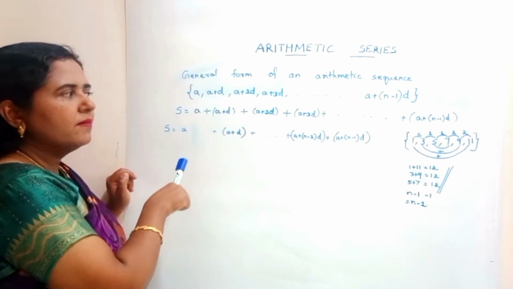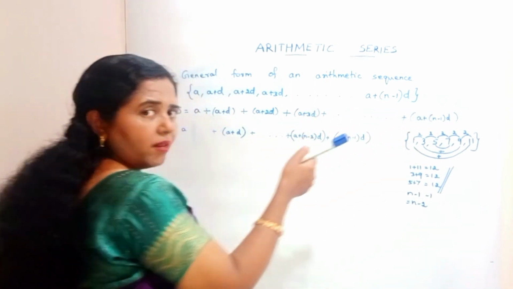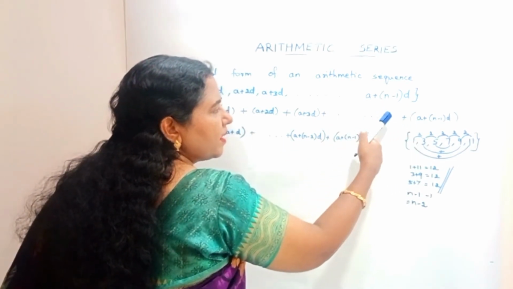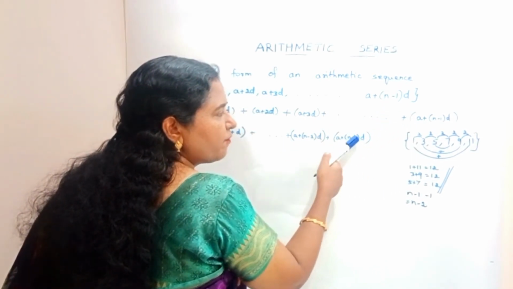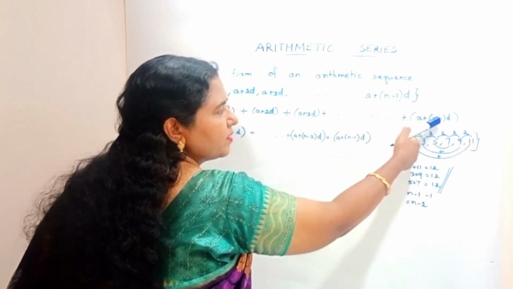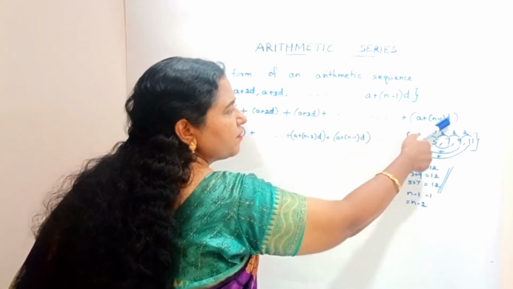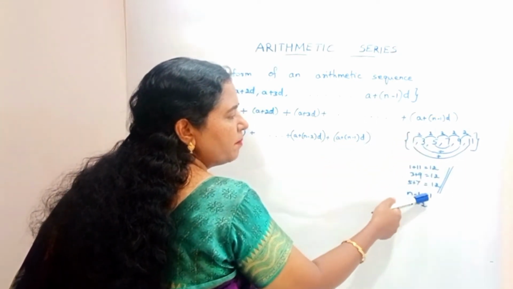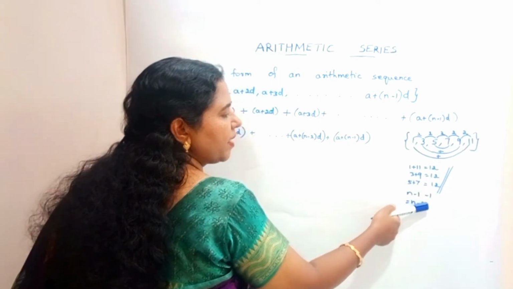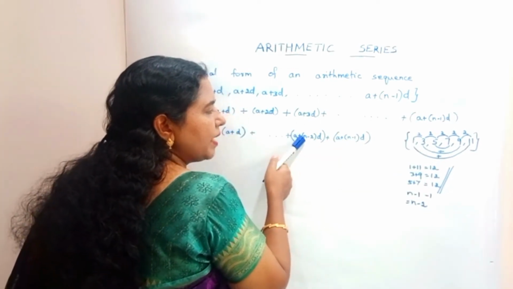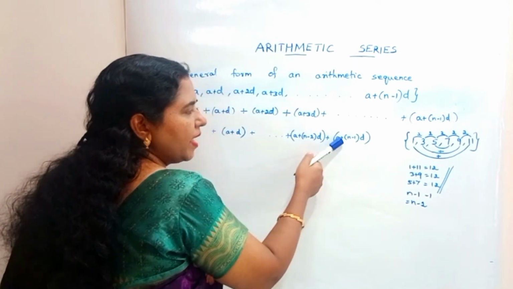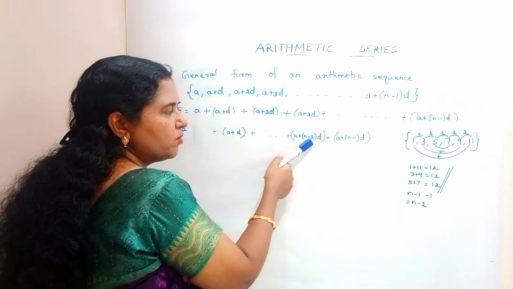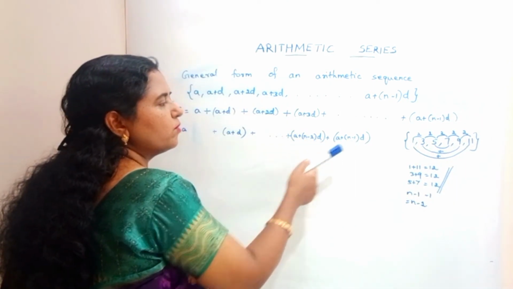So the same concept will be applicable to all the consecutive terms. So here it becomes a term with coefficient of d as 1 less than this coefficient. So here the coefficient of d is n minus 1. So here it becomes n minus 1 minus 1. So it is equal to n minus 2. So here it becomes n minus 2 d. So it is a plus n minus 1 d here. Here it is a plus n minus 2 d. So this will be the term before this term.